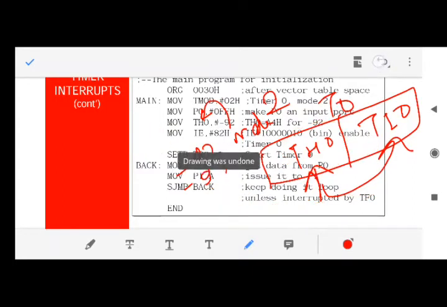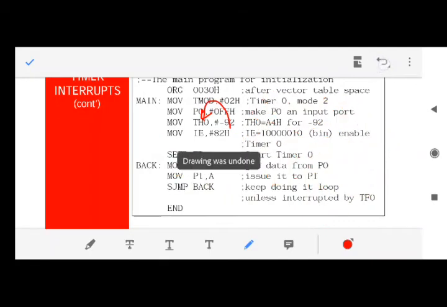Fine. So we will come back to our example again. What we have written? We have written a value to TH0 because it is in mode 2. If it is in mode 1, then we have to write values to both TL0 and TH0. Fine. And then we have to enable the interrupt. The first bit should be 1. Why?